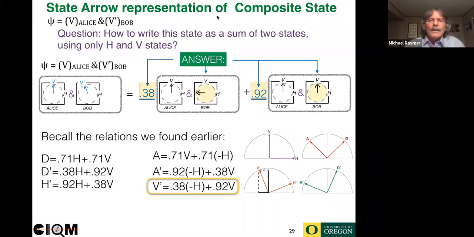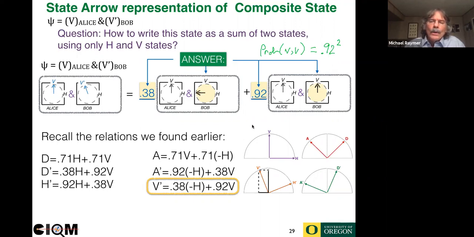Well, so the answer is, I'll write on here, the probability for V and V, remember that's our symbol for joint probability, is 0.92 squared. Because that's the component of the composite state in which they're both V. So that's before anybody makes a measurement, you can make that probability prediction. And you can repeat the experiment 1,000 times and you'll get that answer.